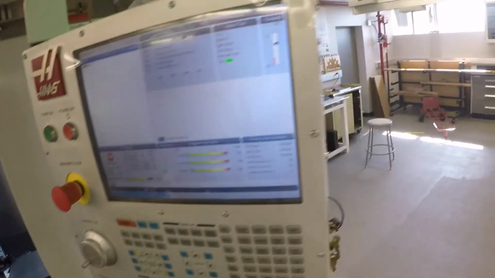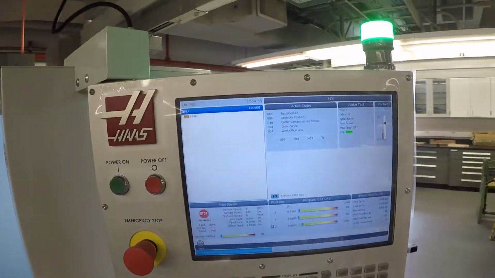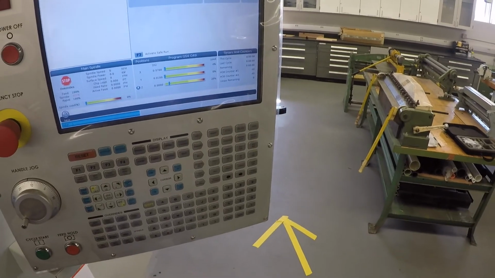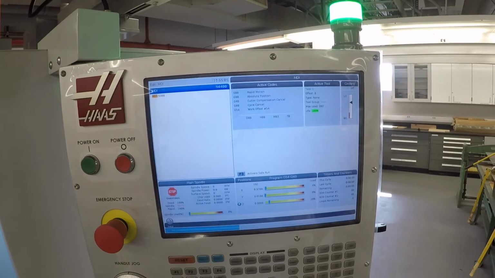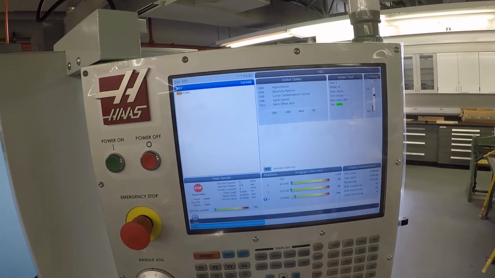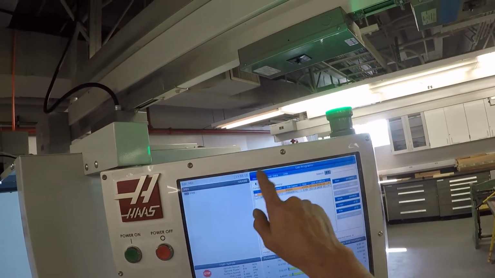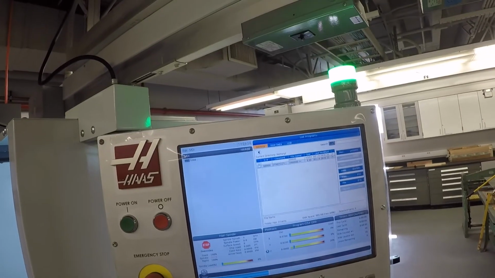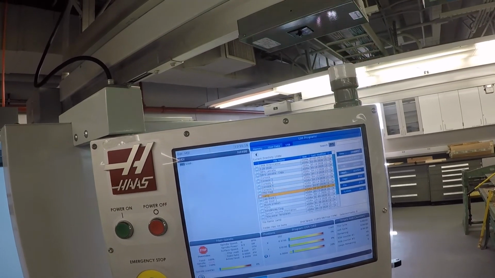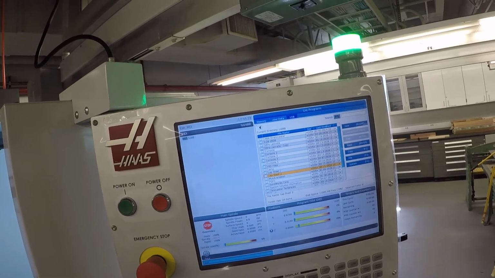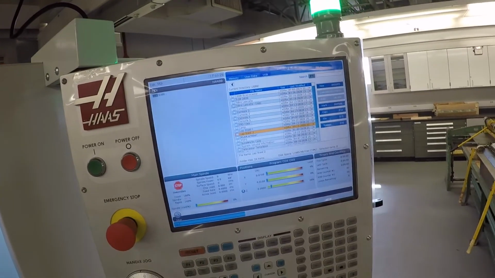Okay, now it's time to load my program. And let's see, so I got it on my flash drive here. Okay, so I went to list program. I'm going to cursor up to USB, and you see some of my files here, and then I got the lap steel folder,